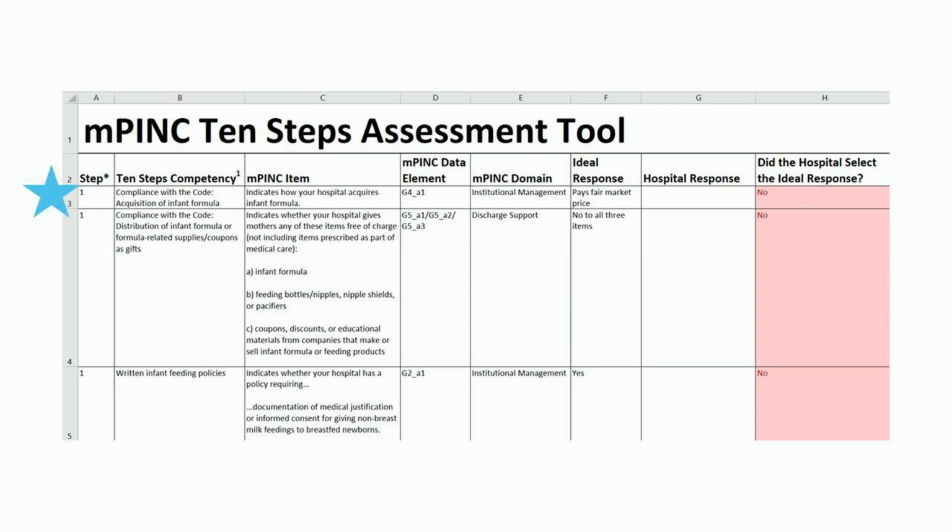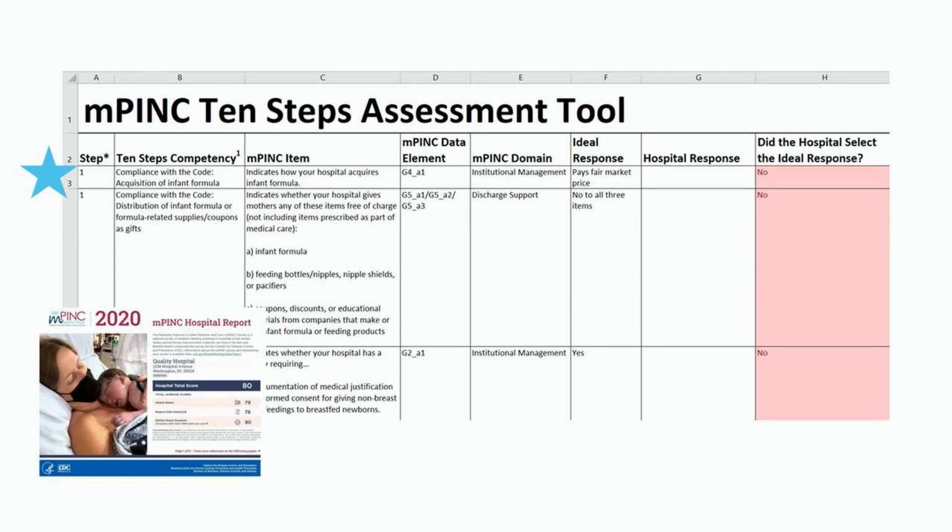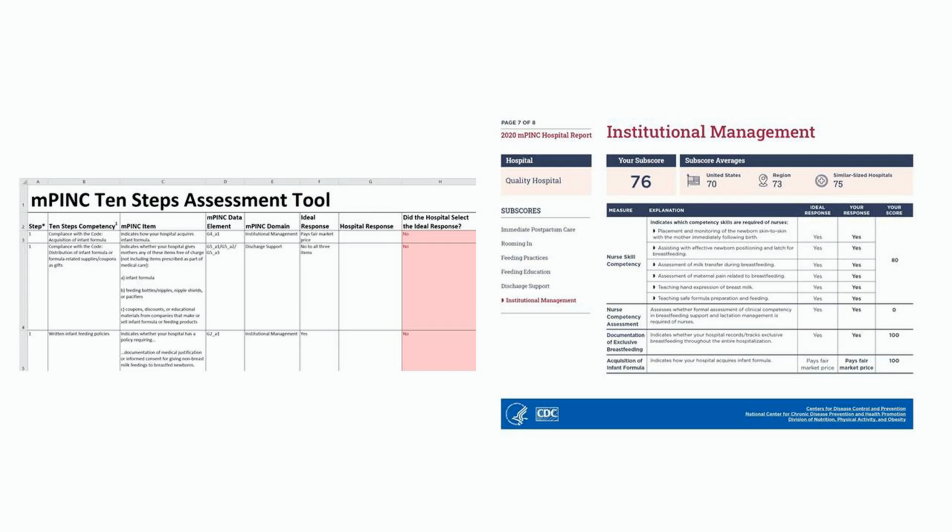Let's look at the first competency for Step 1, which assesses a hospital's acquisition of infant formula. To begin, we will first need to identify where in the mPINC hospital report we would find the hospital's response to the acquisition of infant formula survey item. This information can be found in the mPINC item column and the mPINC domain column. For example, to identify our fictional hospital's response for the acquisition of infant formula survey item from the hospital's mPINC